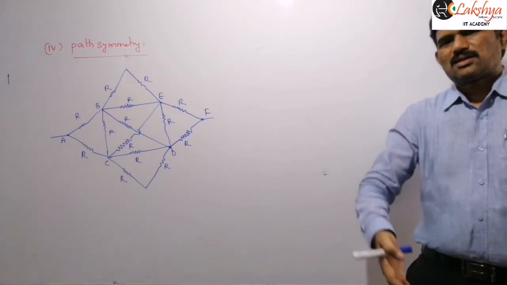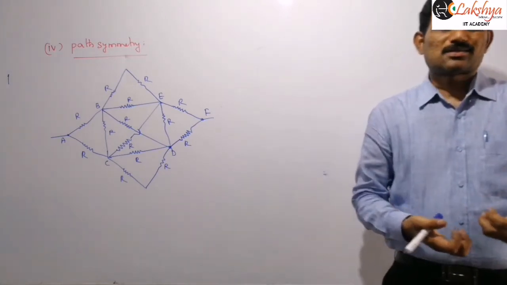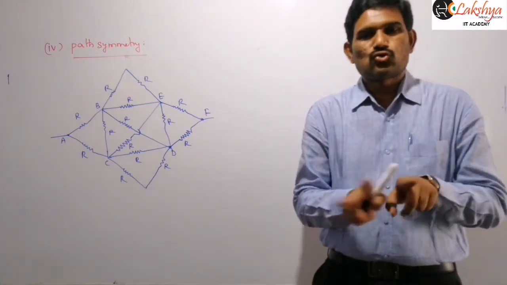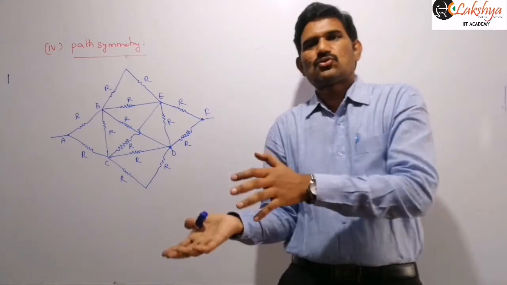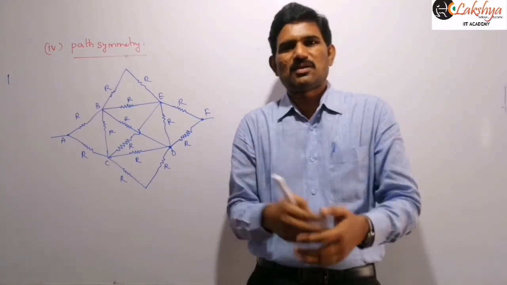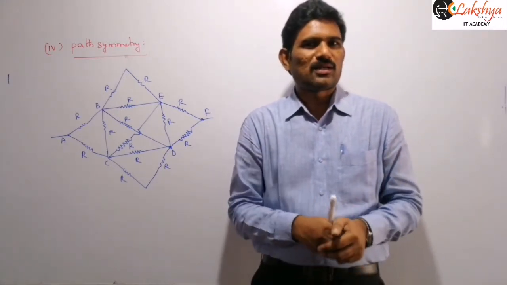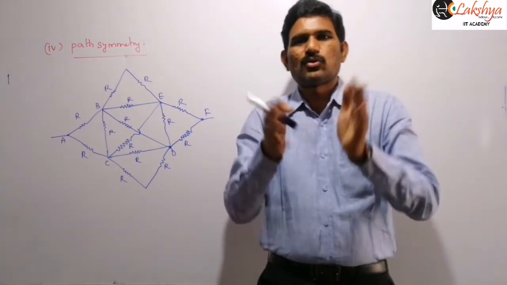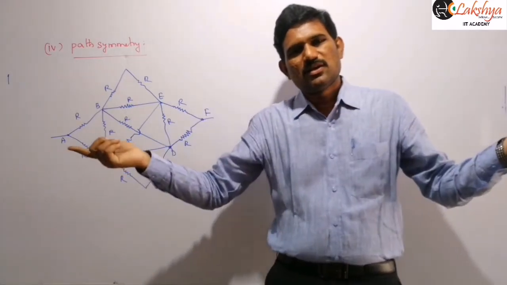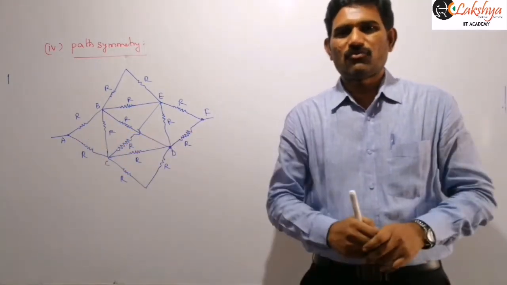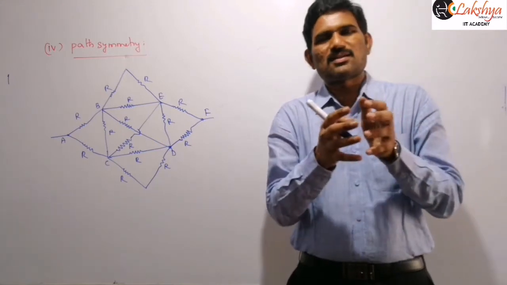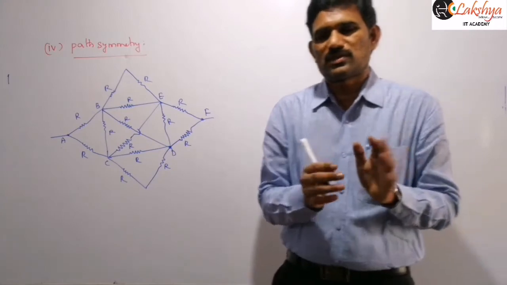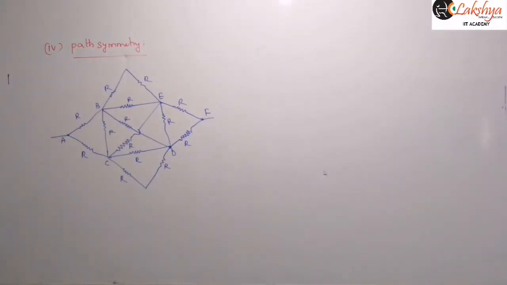And here I am saying for all the paths. Suppose more paths are there, out of them sometimes two paths may be identical and the remaining two paths may not be identical, unidentical paths. Then the same amount of current will flow through both the identical paths. Then the remaining paths which are not identical, a different current will flow through those. That means if some of the paths are identical, then the same amount of current will flow through them.